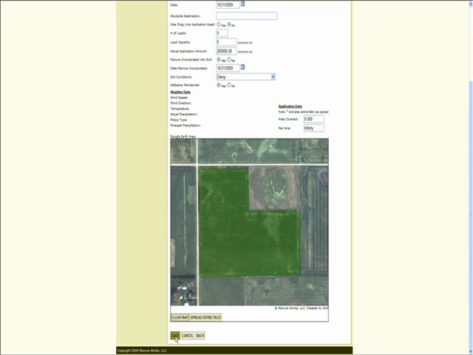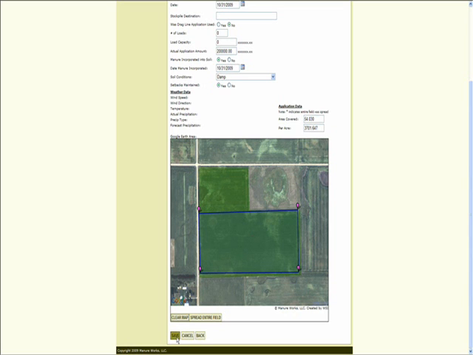The second method is to be used if you covered only a portion of the field. In this method, you click on the interactive map where the manure was applied. For this particular example, we applied manure on the south part of the application field. We simply click on the outline of where manure was applied, and when you finish mapping your manure application area, you can see that we covered 54.03 acres and applied 3,701.647 gallons per acre. At this point, if everything is correct, you are ready to save your spreading application data